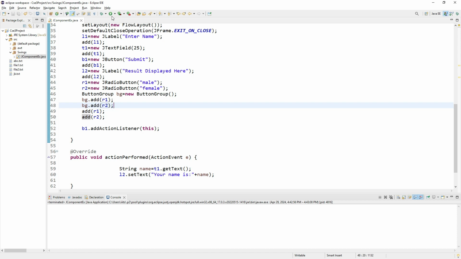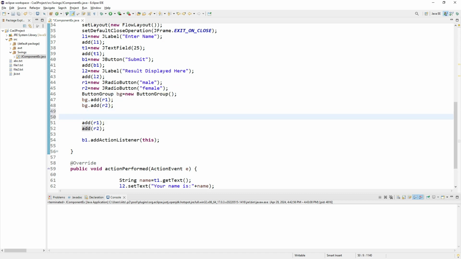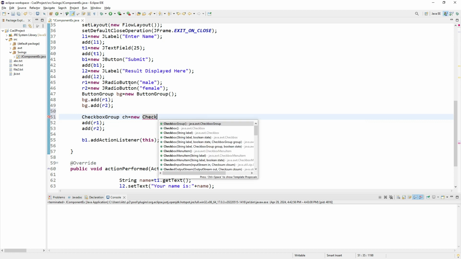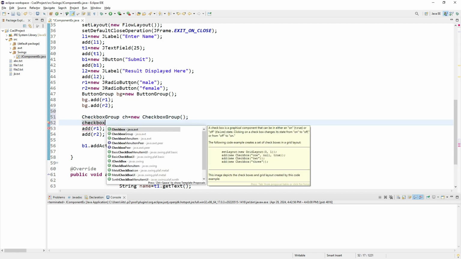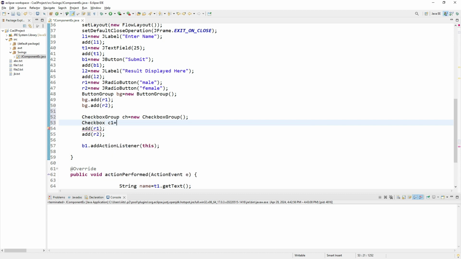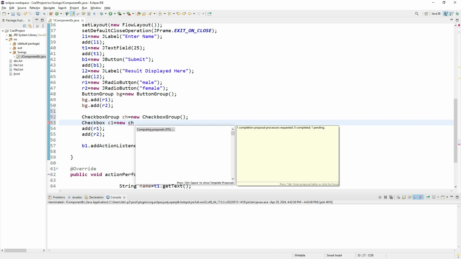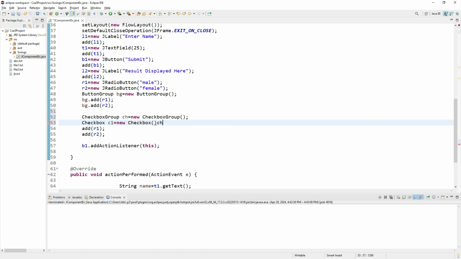Now if you execute it, what is the alternative for this? Generally, if you go with AWT, it is CheckboxGroup. CheckboxGroup ch equal to new CheckboxGroup, like that you have to write all this. After that, Checkbox c1 equal to new Checkbox of ch comma,